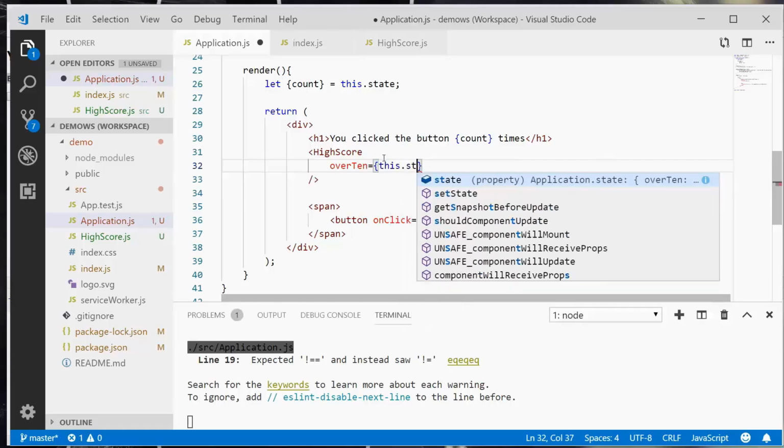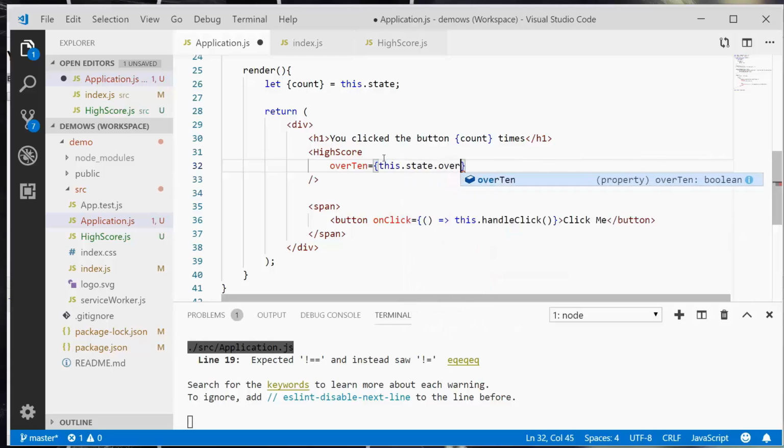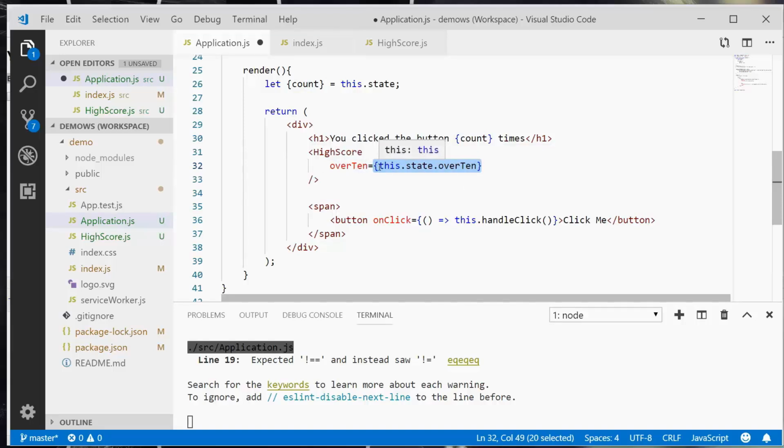and we're going to set it to this state over10. In order to use JavaScript within the return method, you need to wrap it in curly braces. And so that's what we're going to do here. If it's a variable property that you're passing in as a prop, you're going to need to wrap it with these curly braces. Now I'm going to hit save,